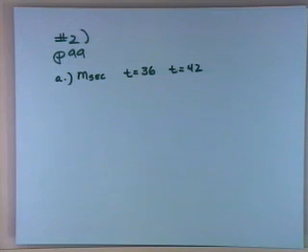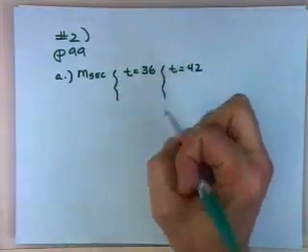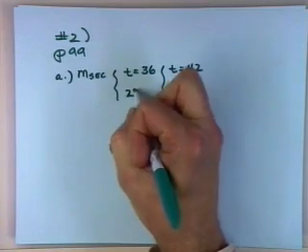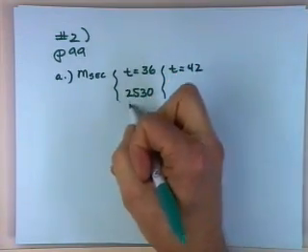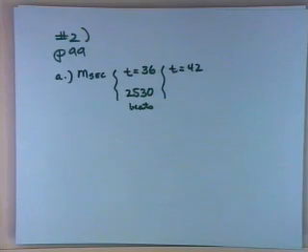So we'll see how good of an estimate this is. Okay, so where are we? At t equals 36, what are the heartbeats? 2530. And at time 42,